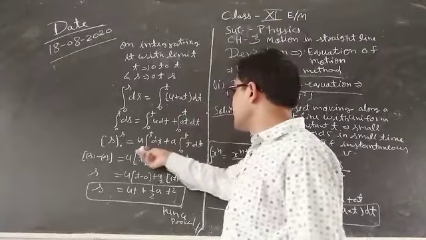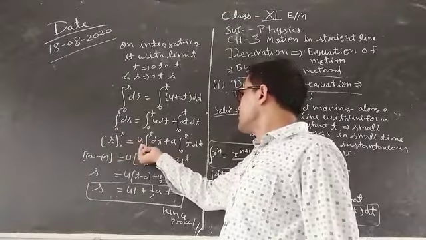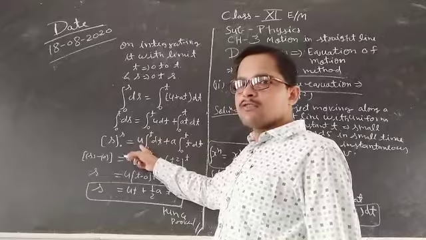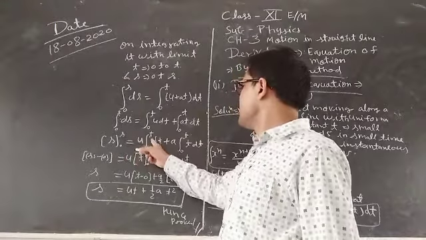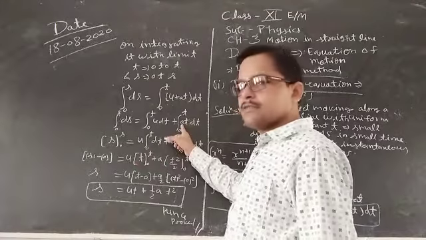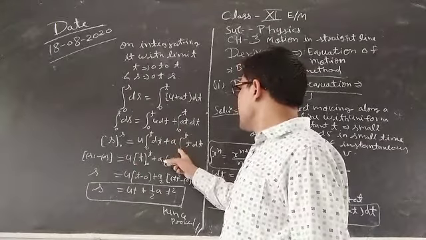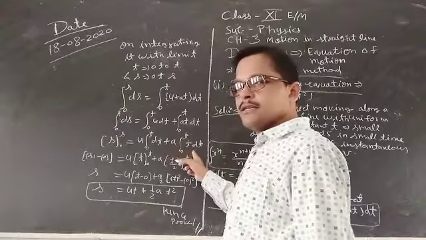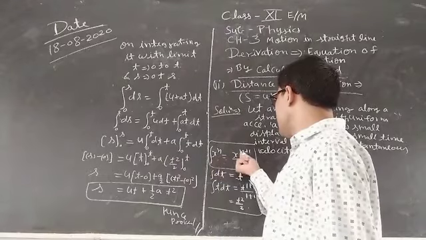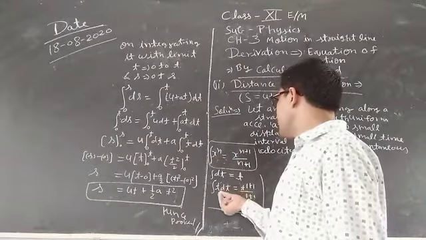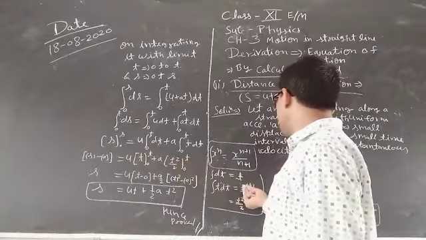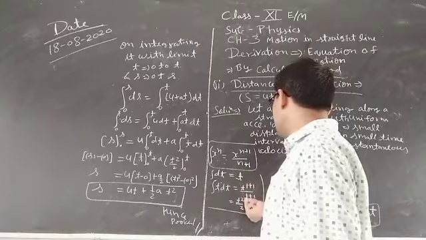Then you will get, students, here 0 to s, u is constant, so it goes outside of the integration, and 0 to t, dt, plus a here. In this, a is constant, acceleration a is constant. Then like 0 to t, integration of t dt. Student, now the formula is that integration of x to the power n is equal to x to the power n plus 1 upon n plus 1. That's why you will get t to the power 1 here dt, t square by 2: t to the power 1 plus 1 upon 1 plus 1 is t square by 2.